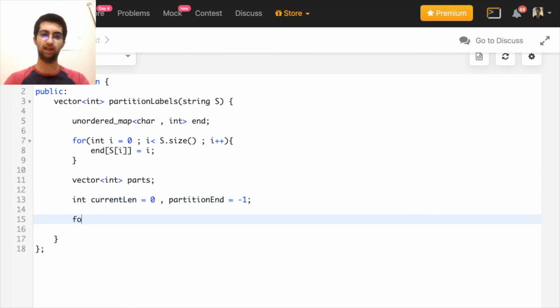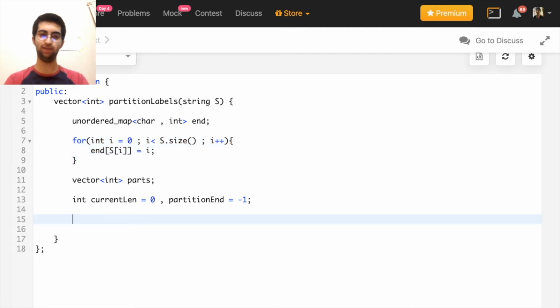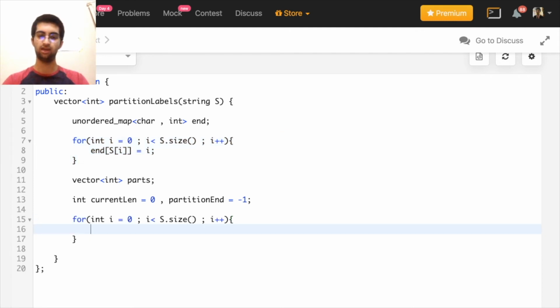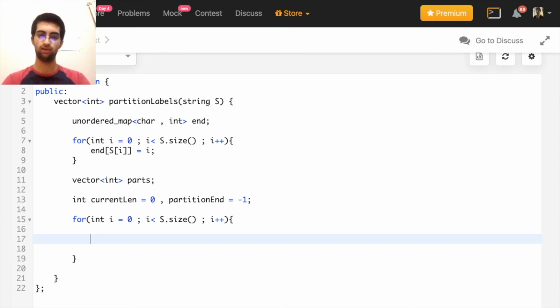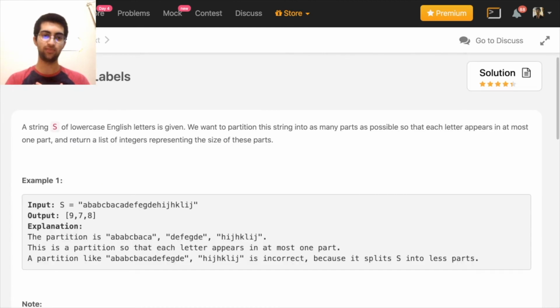Now again, let's go through all the elements and one by one we'll think. Okay, this element has come, so the current length will be increased, and now this element we have to count. If let's say I visit this A, my partition end should become at least 9, but when I visit this B, my partition end is inside 9, so it doesn't matter, right?